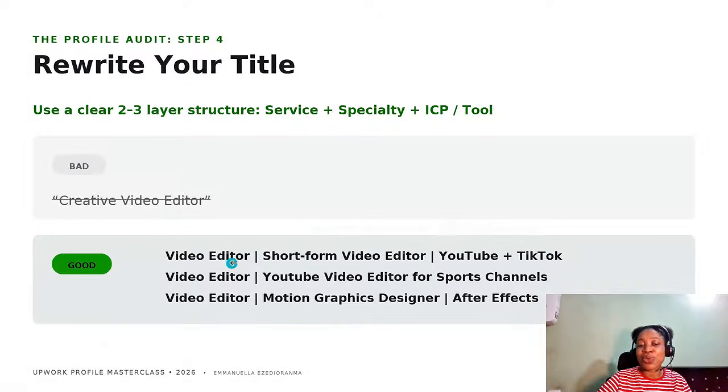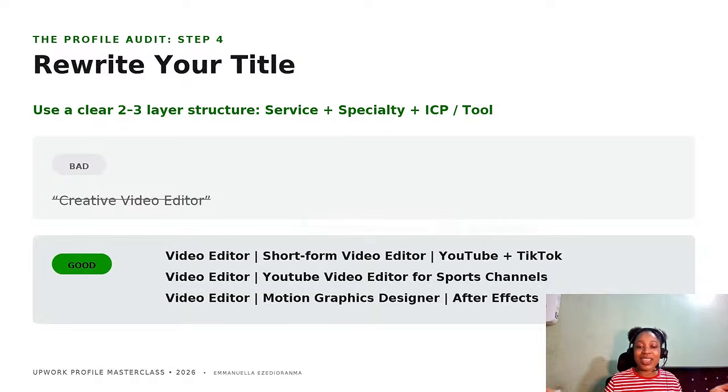A client comes on Upwork and searches for a video editor. Remember what I told you: most times, the client knows why they are hiring a video editor, they know what they want this person to do for them. So they will not come and say "video editor" most of the time. If the client has a TikTok account and wants someone to edit videos for it, they will type "video editor for TikTok videos," and people that are positioned as video editors for short form videos, TikTok and YouTube Shorts are